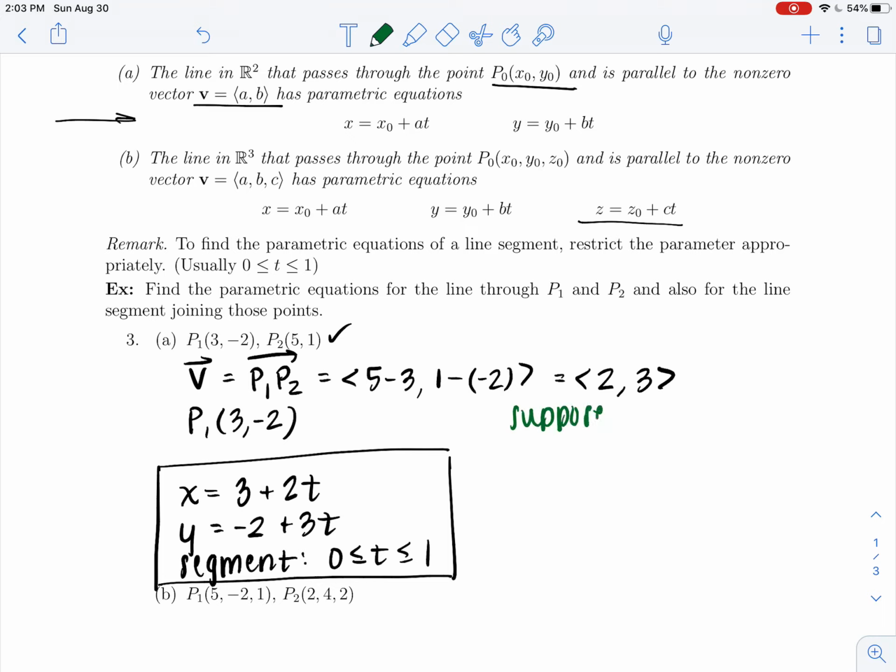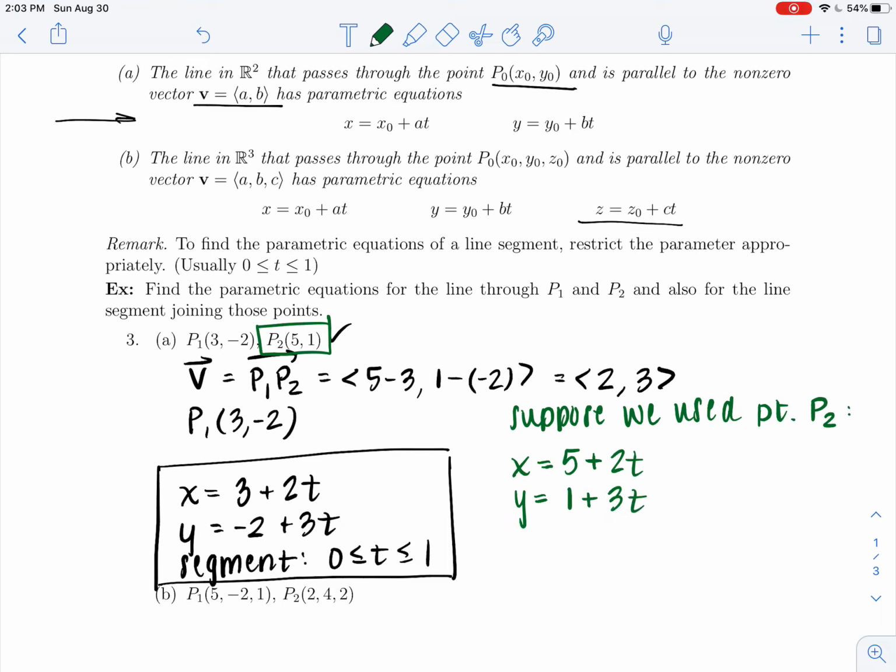So suppose we used point P2. All right, how is that going to differ when we find our parametric equations of lines? So now using P2, which is given right here, we have x equals the x coordinate of our point, which is 5. We're still going to use the same vector. So the x coordinate of the vector is 2t. And similarly for y, we have 1 plus